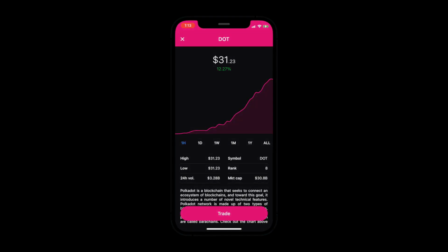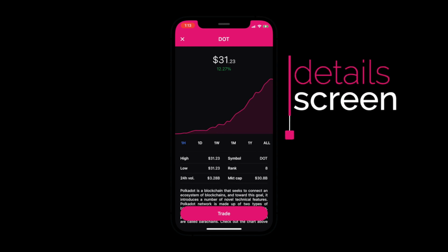Hey guys, today we'll be building a cryptocurrency app similar to Coinbase and Kraken. I've borrowed a lot of design elements from these apps since they're some of my favorite applications. We won't be building the entire app today, instead we'll just be focusing on building the detail screen. If you'd like to take a look at the complete source code, I've included a link to the GitHub repository